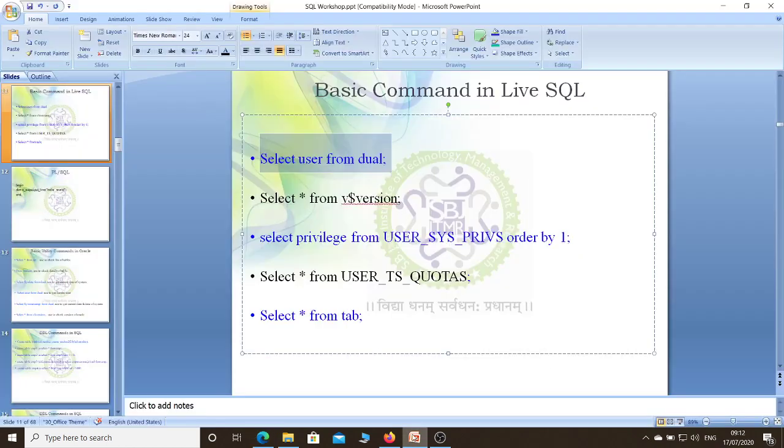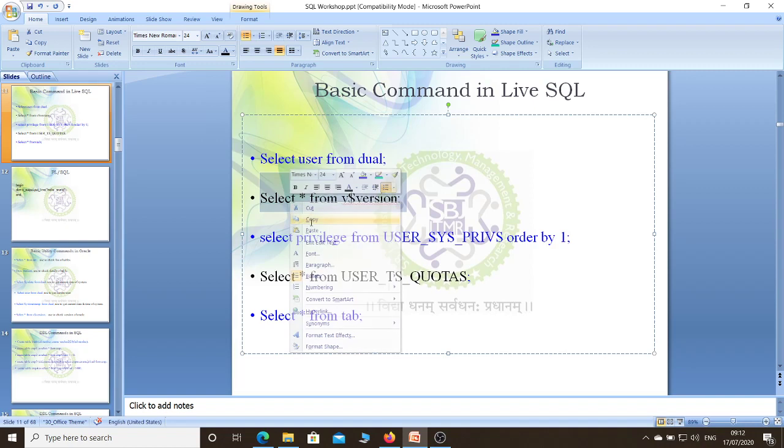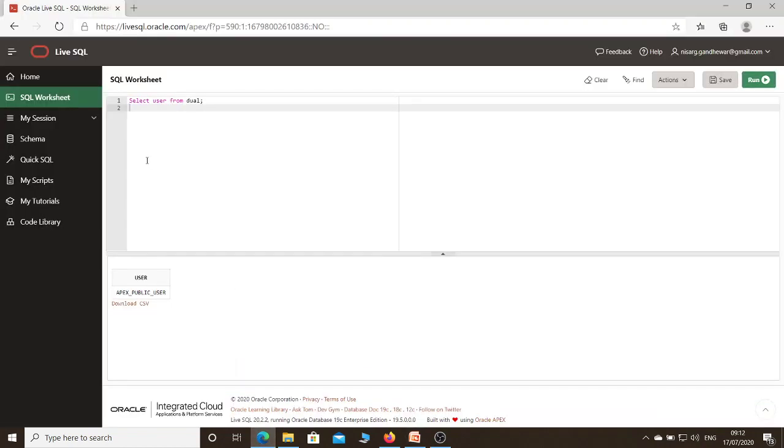Then we'll discuss the second command. Suppose I want to know what is the version of Oracle that I am going to use. So I just copy paste this. Now I want to execute only the second command. So for that purpose, I have to select this line and then click on run. Otherwise, suppose I am not selecting that particular line and just click on run, it will execute all the commands. So here I have just selected this line because I need to execute only command number 2, and clicked on run.